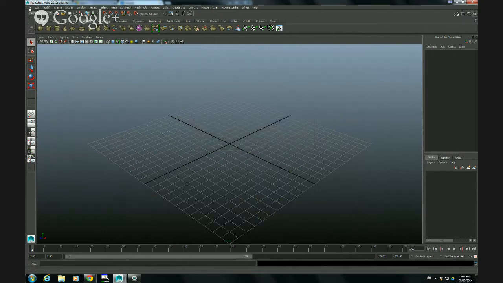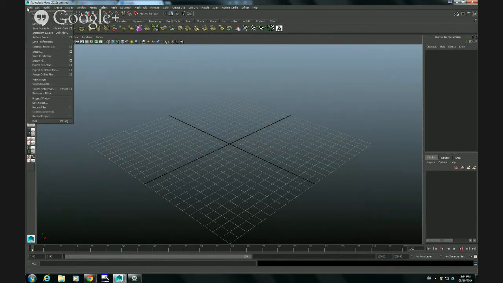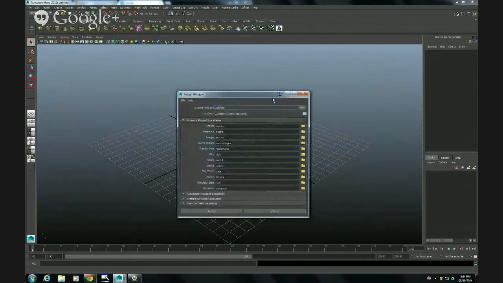But before starting, there's another step I have to follow. I go here on File, and I have to select now this option called Project Window. Now it shows me all the different folders that will be created for this project, which is named Lego Man, and the location of them. Now I don't want these folders to be created inside just my Documents folder. I want them inside the Lego Man folder I created. So what I'm going to do is copy this path and paste it here,